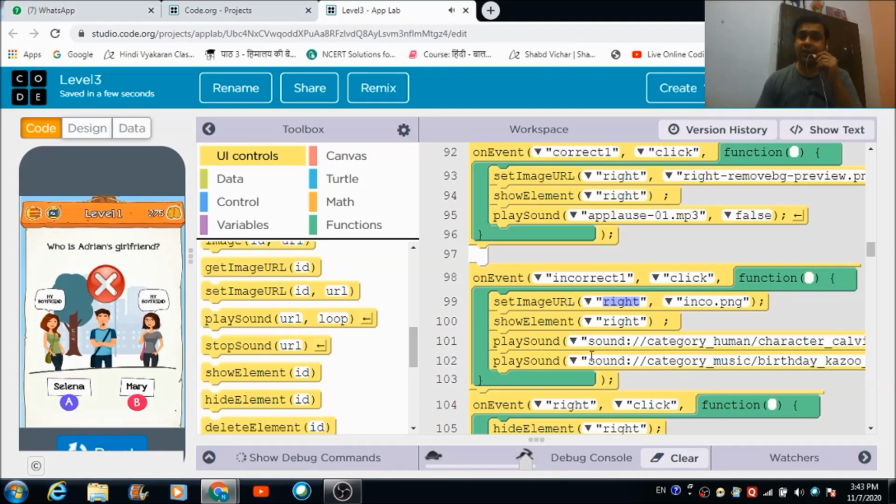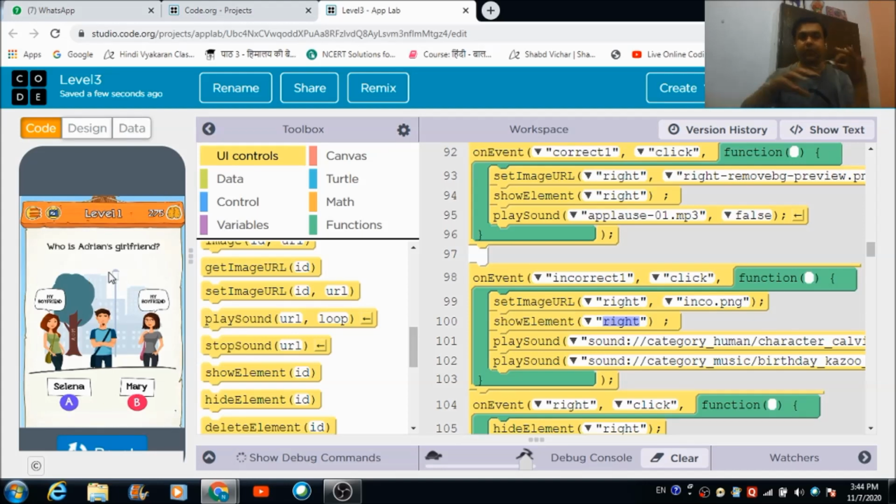Fine. So this is a code which is actually getting executed. This image which you are seeing right now, I have saved it with a name, and automatically the image is going to get set. This is the code that I've made use of for setting this image on this right image component. And initially it is not visible to the user.